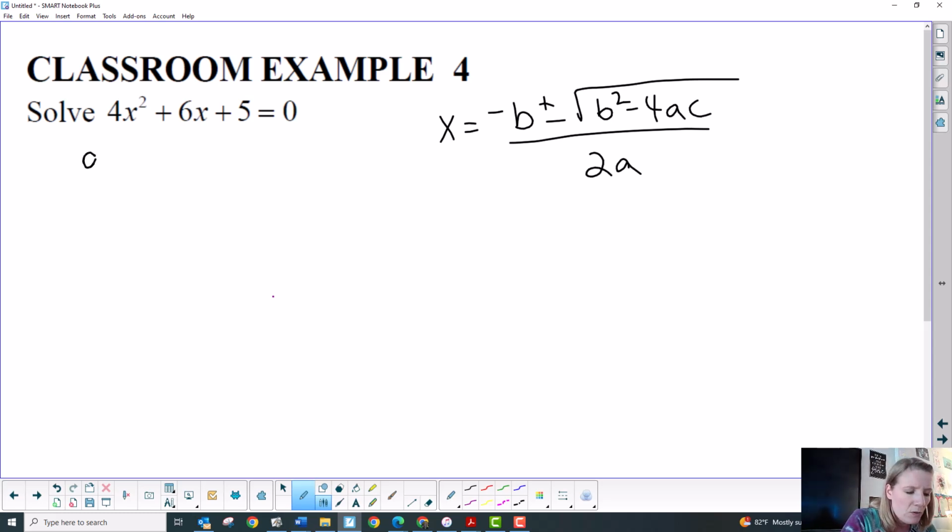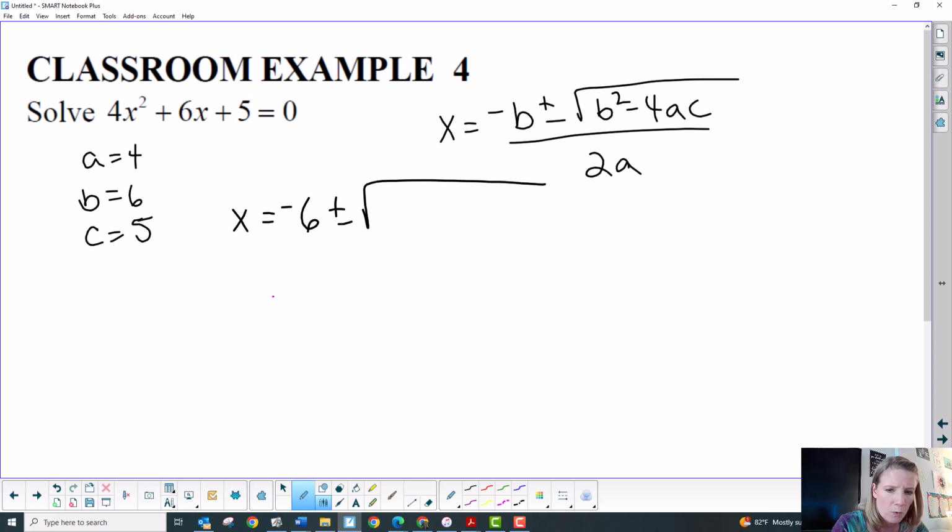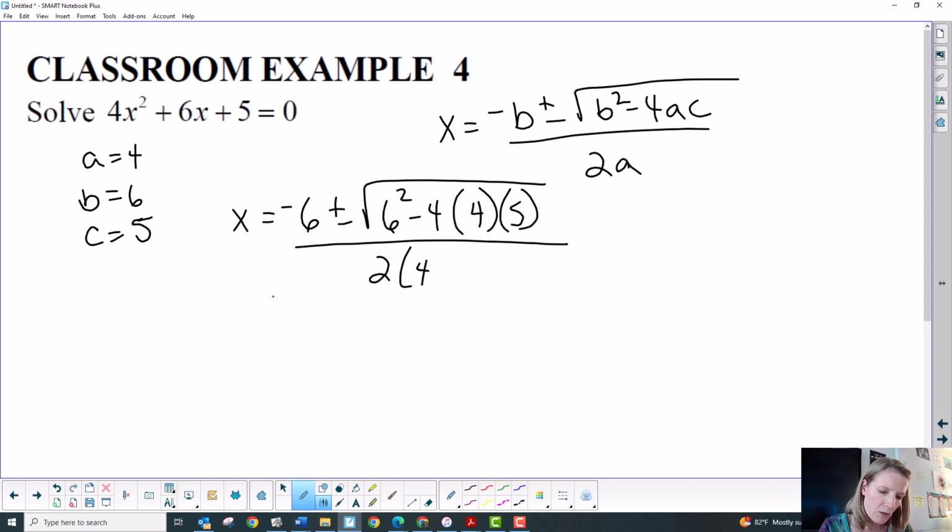So a is 4, b is 6, c is 5. So you do x equals minus b, so negative 6, plus or minus the square root of b, which is 6 squared, minus 4 times a, which is 4, times c, which is 5, over 2 times a, which is 4. Then you do negative 6 plus or minus the square root of,